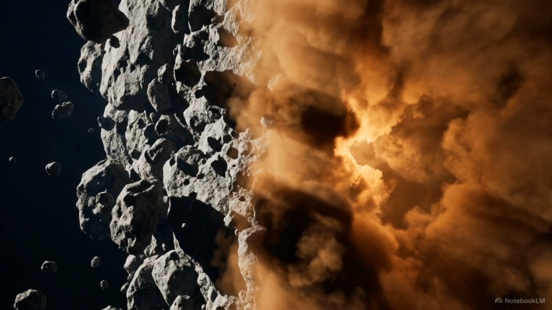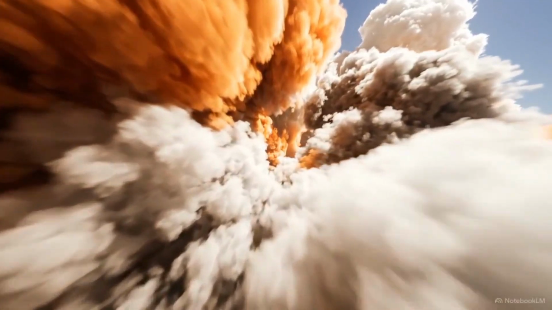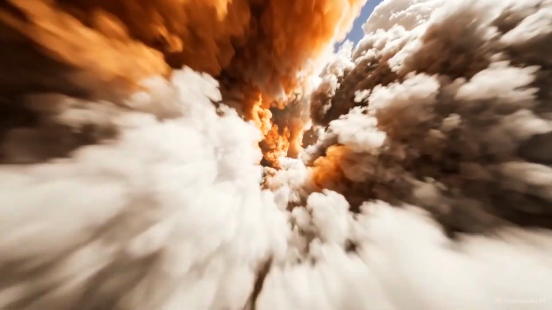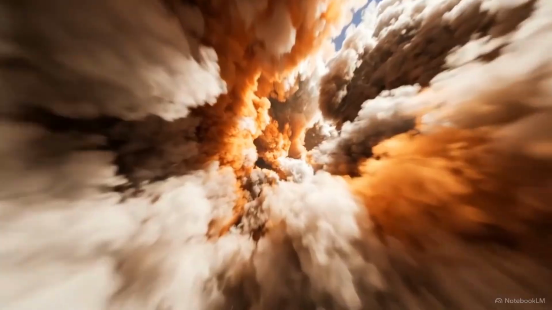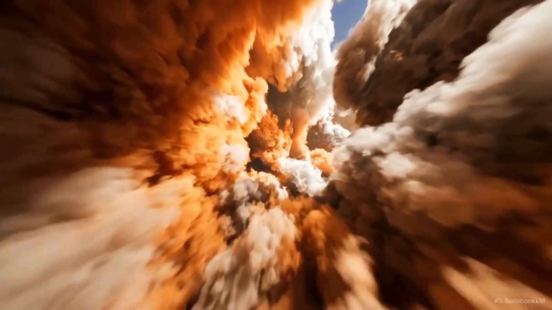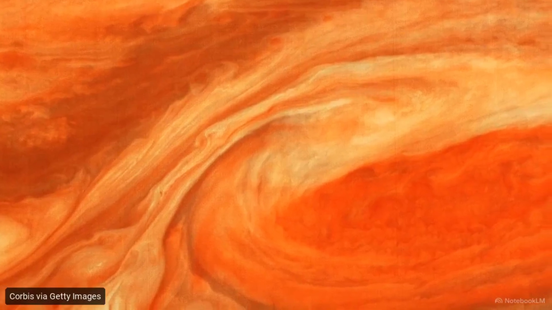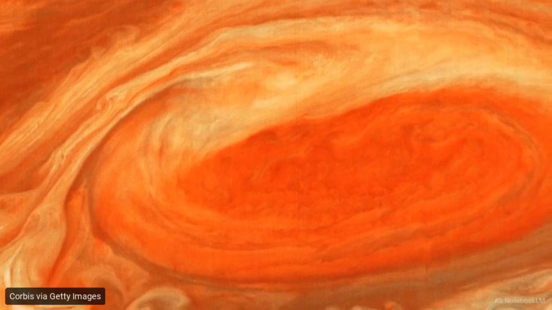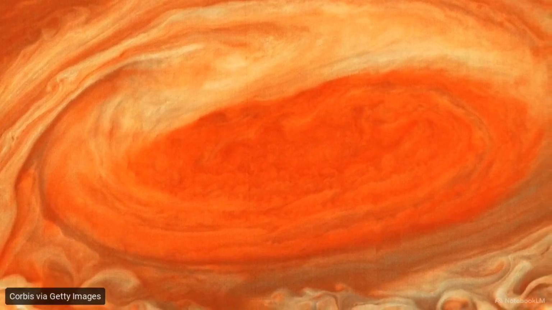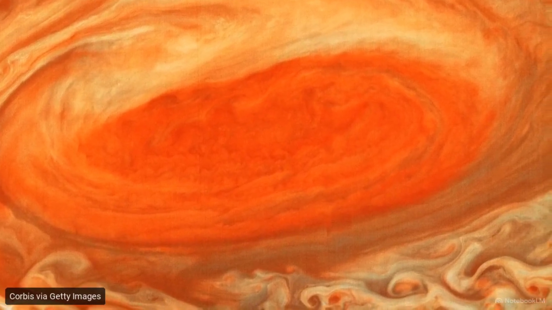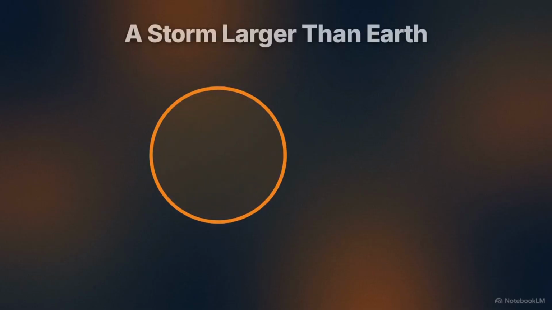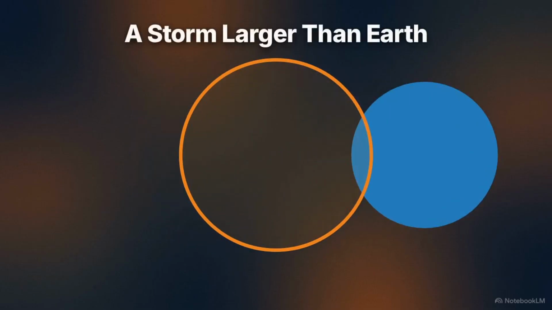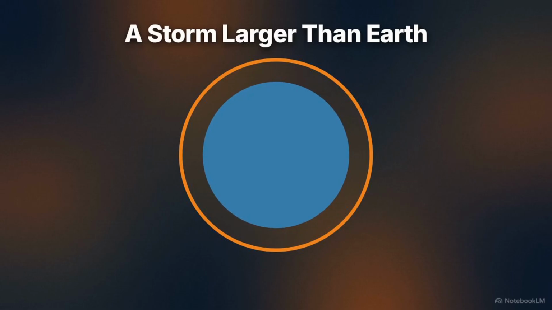Past Mars, the solid, rocky surfaces we could stand on disappear entirely. The scale of the planetary bodies expands exponentially as we cross into a realm built entirely of swirling gases and immense pressure. This close-up of Jupiter shows the undisputed giant of our system. Its violently swirling orange and white atmospheric bands frame chaotic weather systems anchored by the Great Red Spot, a single storm large enough to swallow the Earth whole.